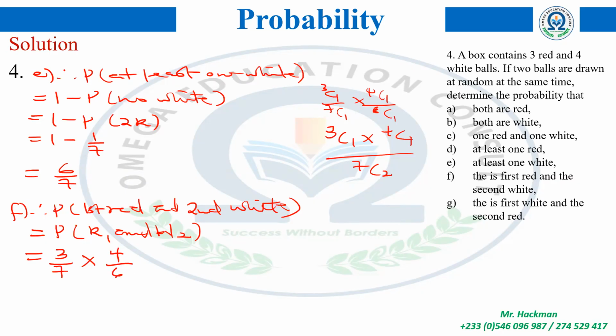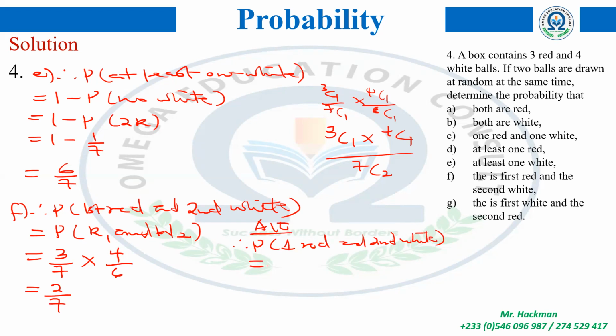So compute this one for me and give me the answer. I will give you an alternative way, and we'll see whether we end up with the same answer. You had 2 over 7. 2 over 7. Please, do you all agree? Great. Now, I want you to do this for me. Alternatively, let's see whether this is a valid alternative. So P, first red and second white